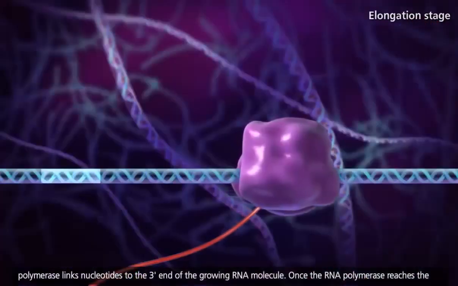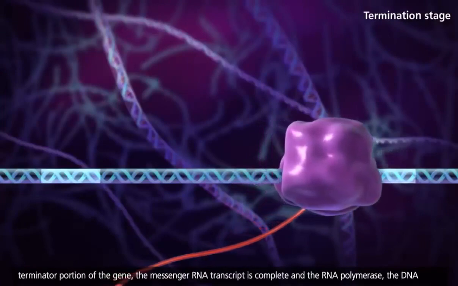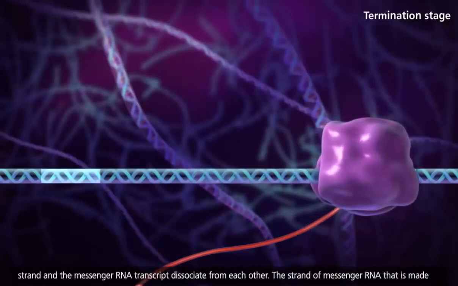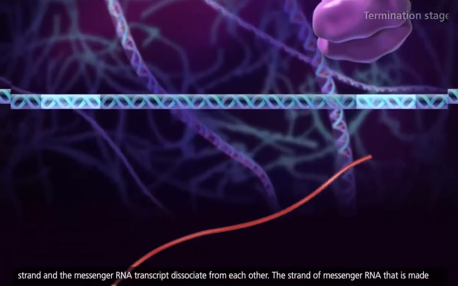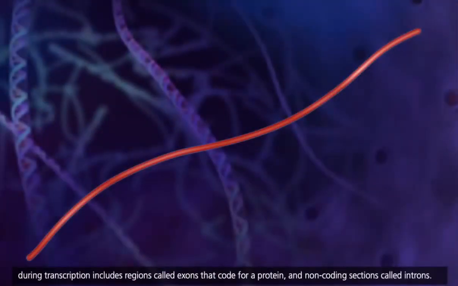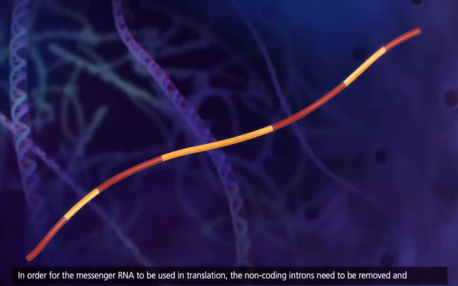Once the RNA polymerase reaches the terminator portion of the gene, the messenger RNA transcript is complete, and the RNA polymerase, the DNA strand, and the messenger RNA transcript dissociate from each other. The strand of messenger RNA that is made during transcription includes regions called exons that code for a protein, and non-coding sections called introns. In order for the messenger RNA to be used in translation, the non-coding introns need to